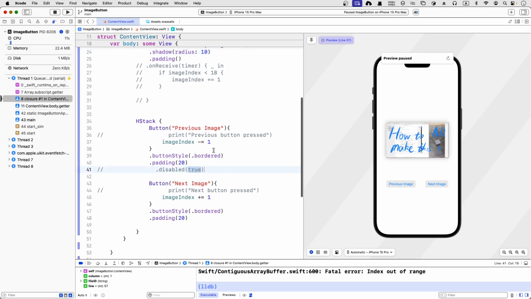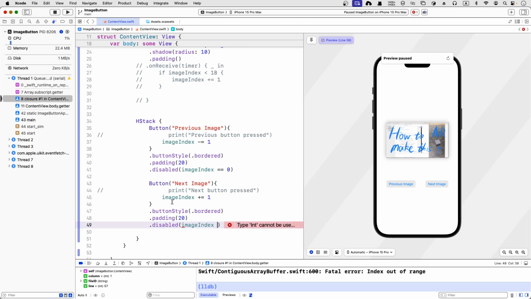Okay, so I'm going to add in the disabled modifier here. That's where disabled comes to work. If you disable the button, you can't click it or press it when it's out of range. It is disabled when the image index is 0, so if you're at 0, the first image, you can't go previous. And it is disabled when the image index is at